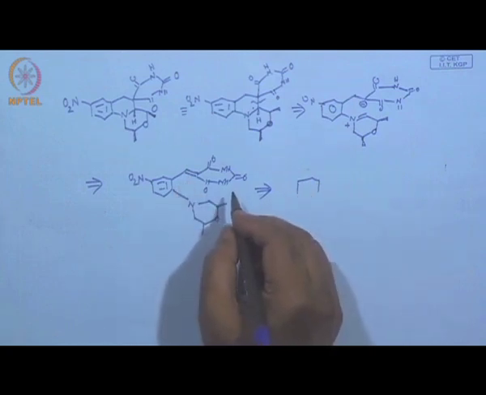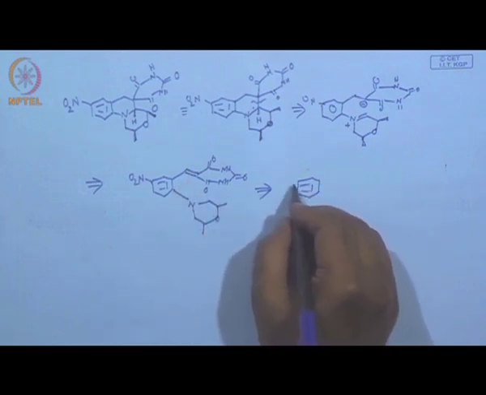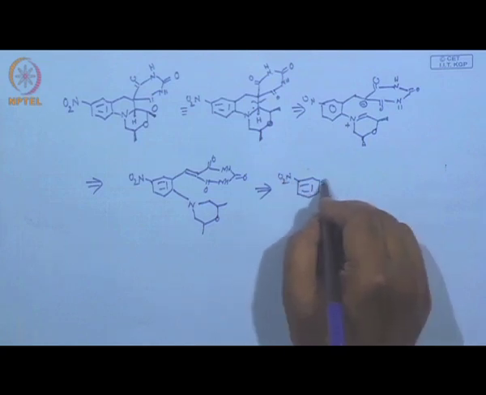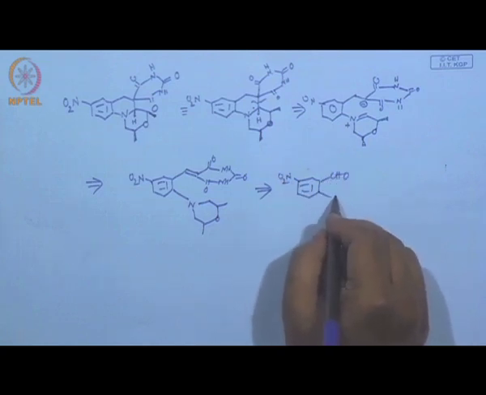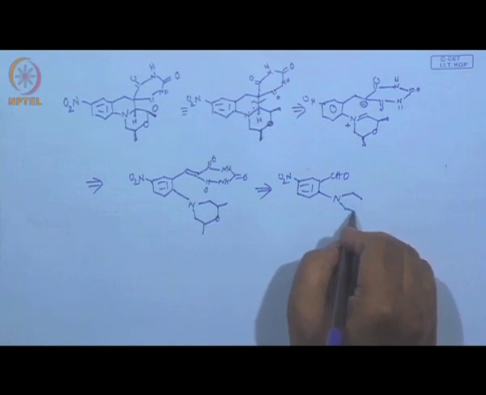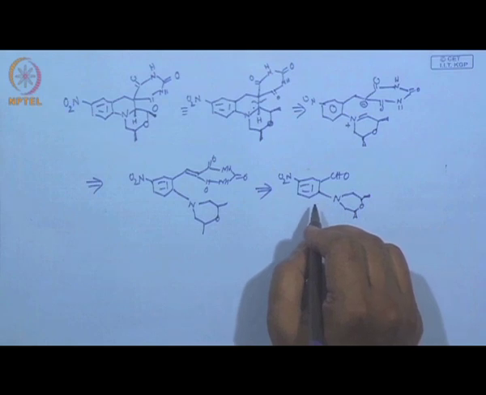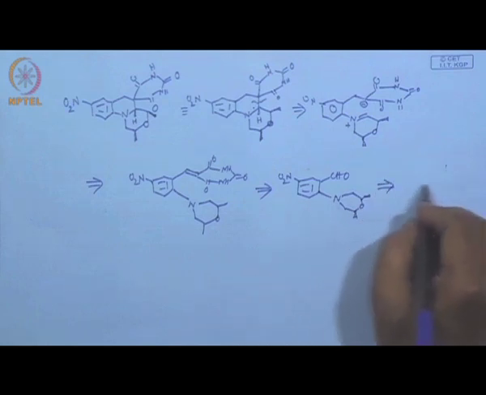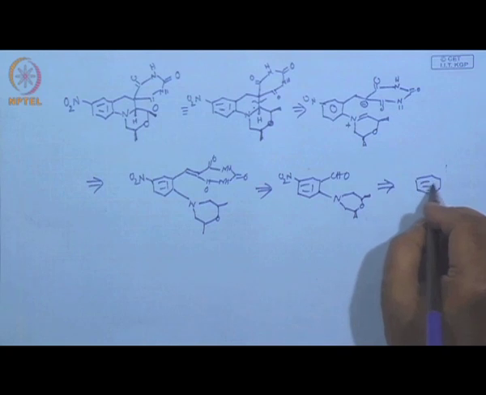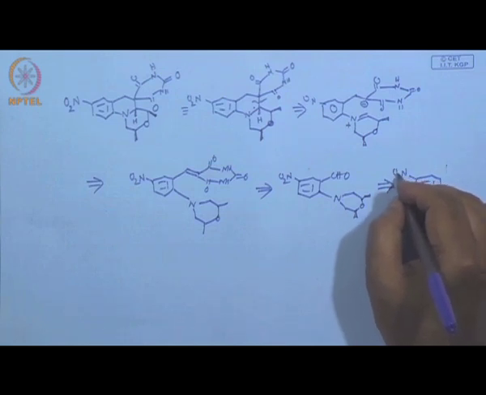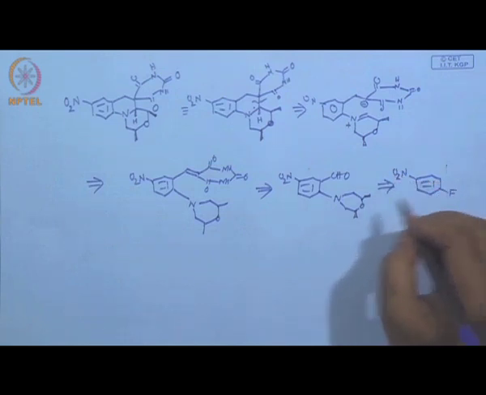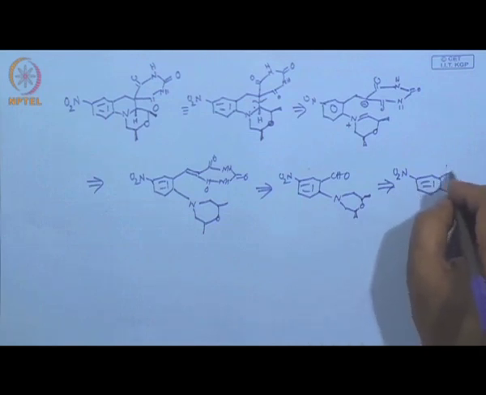This double bond, carbon-carbon double bond is formed from the Knoevenagel reaction. So, the next one should be this aldehyde here, and then this six-membered dimethyl morpholine, and I think all of us know this, we are so used to these addition elimination reactions of Sanger's reagent. You have a nitro group up here. So, if you begin with a fluorine substituent and aldehyde,